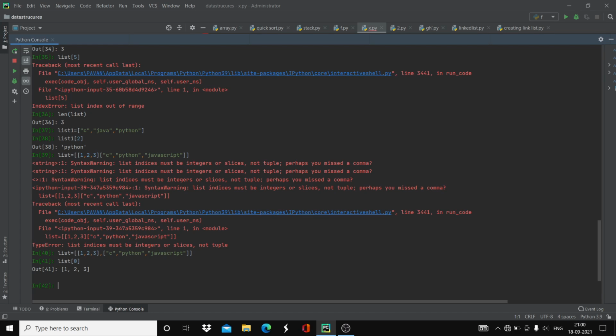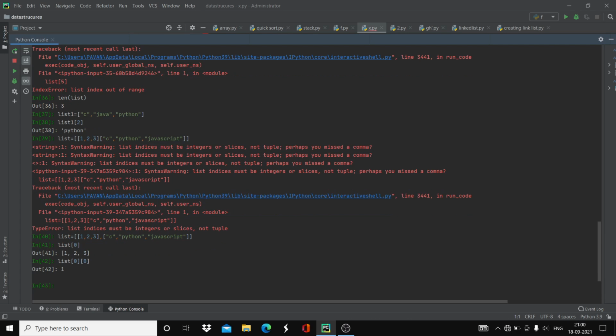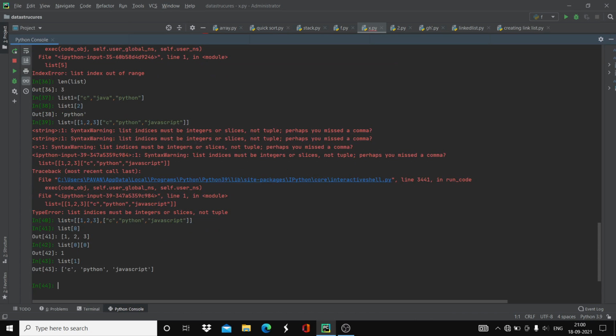But whenever I want to access an element in the first list, for example, list of 0 indicates the first list, and inside the first list, what element do you want to access? Let's say I want to access element 1, and element 1 is present at index 0. So you're getting 1. For example, say I want to access list of 1, it will display the second list.